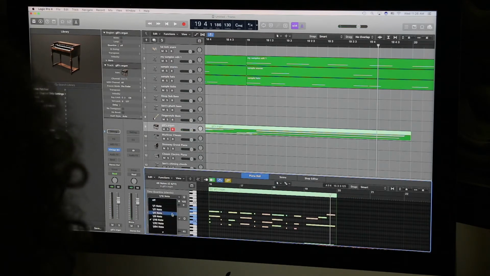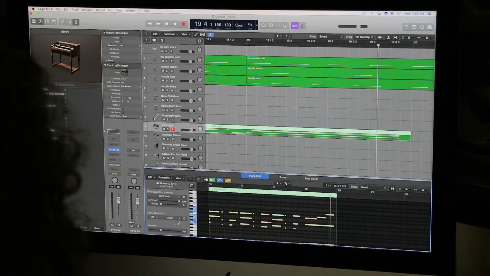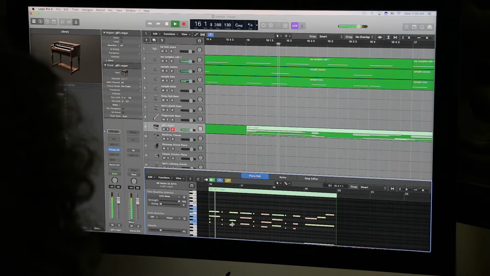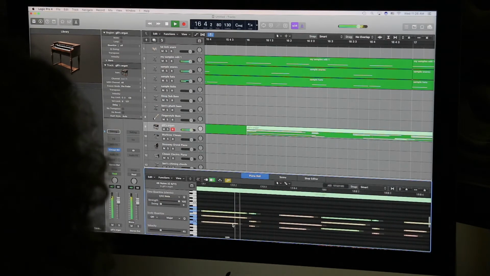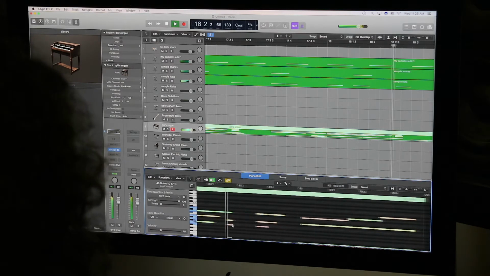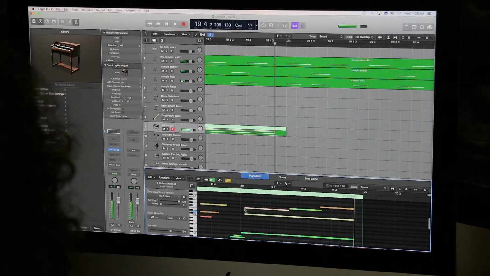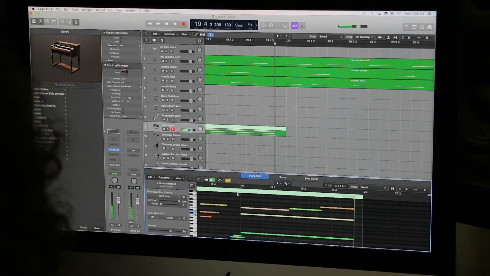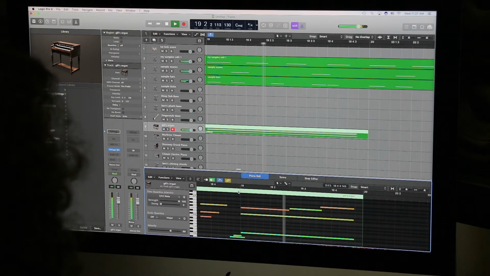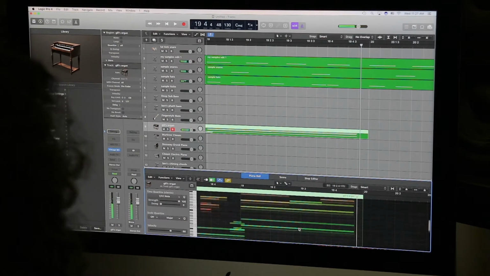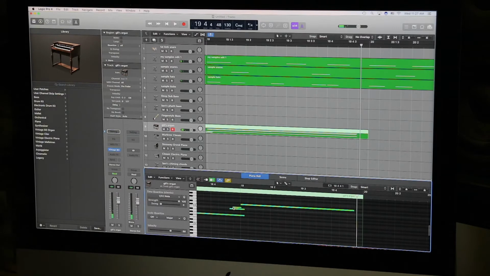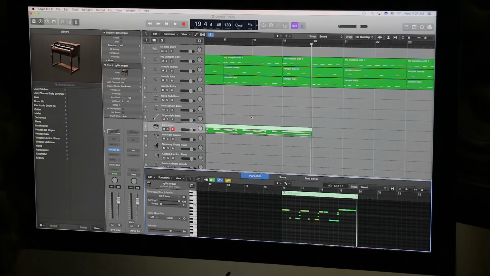Let's try this 32nd note. Okay, so some of it worked, some of it didn't work. The quantizing. So let's hear what that sounds like together now.